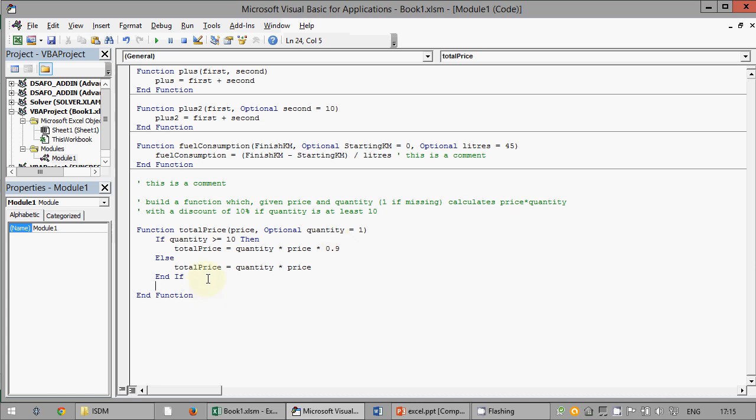If you leave some lines blank, it doesn't matter. Okay? Doesn't matter also if you put some extra space here. So leaving lines blank doesn't matter. Also these blank spaces here, I leave them only for readability. You can, if you want, write everything stick to the left. If you do it, you will not understand how the if works. If you build it like this, it's much more comprehensible. But for Excel, for Visual Basic, it doesn't matter. You can write everything stick to the left. I prefer indenting the thing in this way.